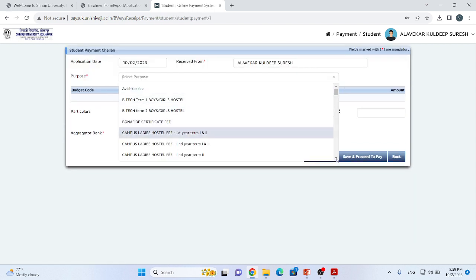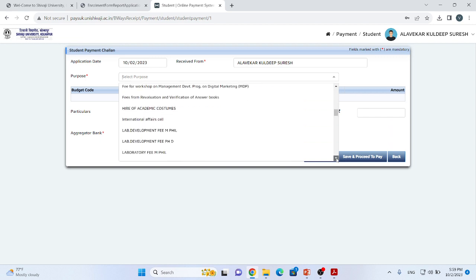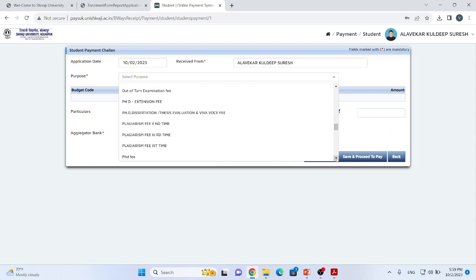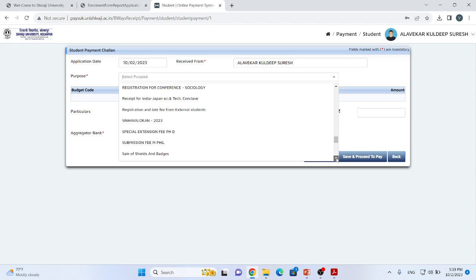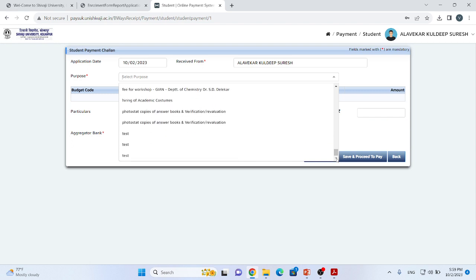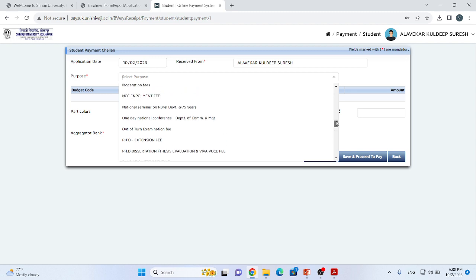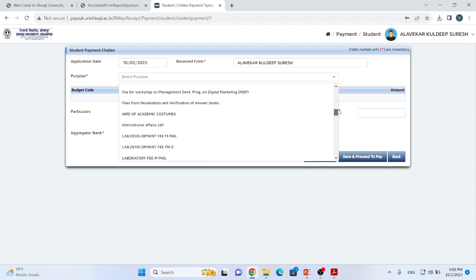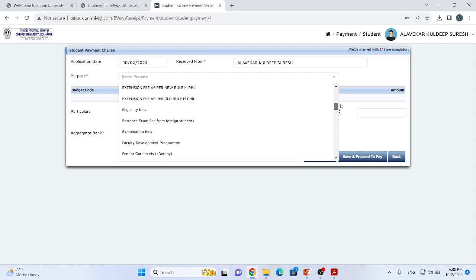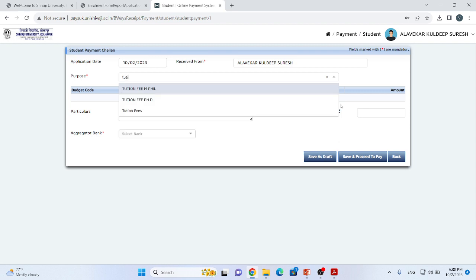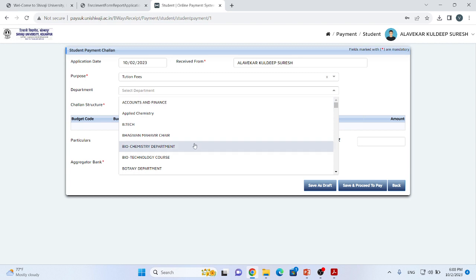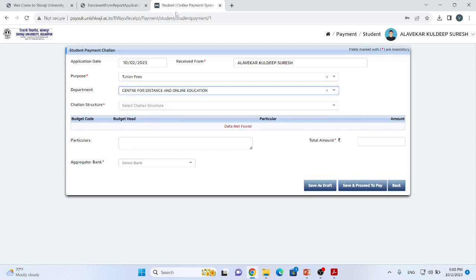Purpose is MBA. First of all, you have to select purpose as tuition fee. Type tuition fees. Select department as Center for Distance and Online Education.